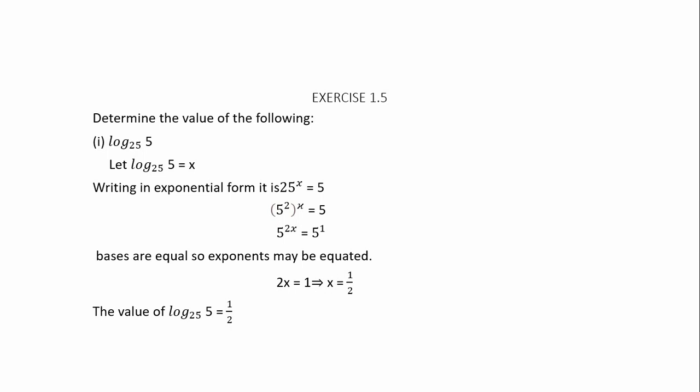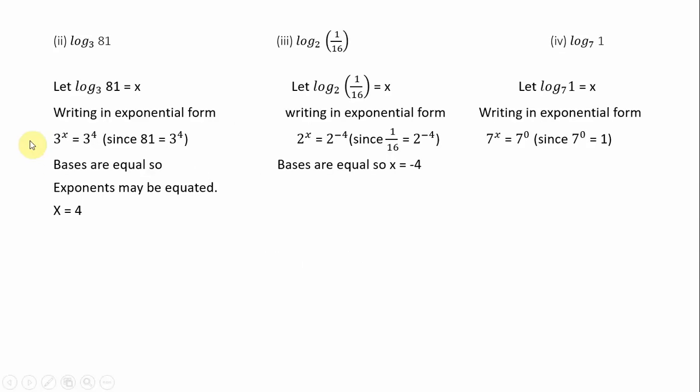Right? Now, coming to the next one. The second one is log 81 base 3. This is the sum given to you. Whatever is given to you, assume it as x. Let log 81 base 3. See, don't read it as log 3 81. Yesterday, someone asked me a doubt. Reading it as log 3 81 is absolutely wrong. You have to say log 81 base 3; the base is always said later.